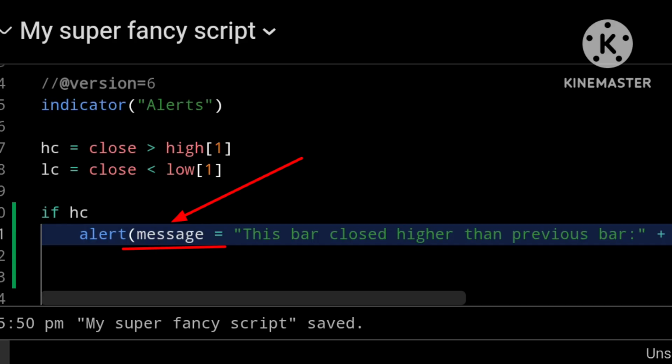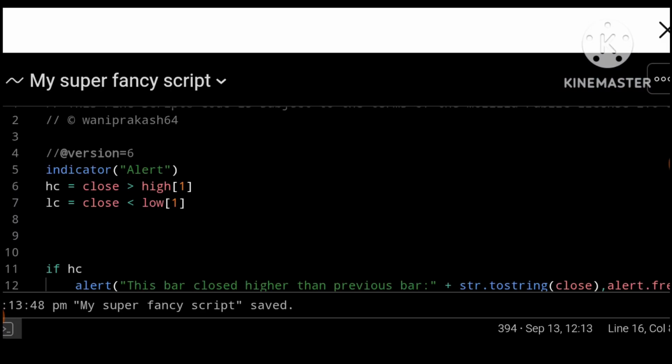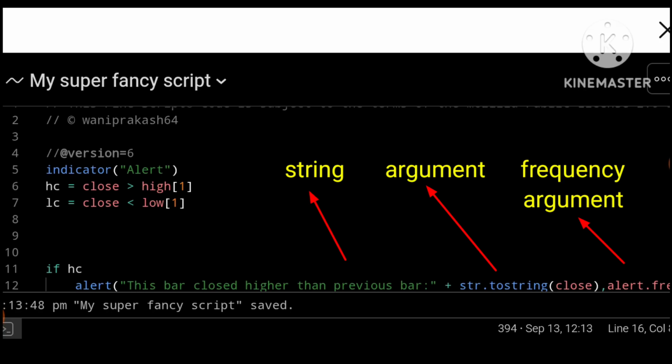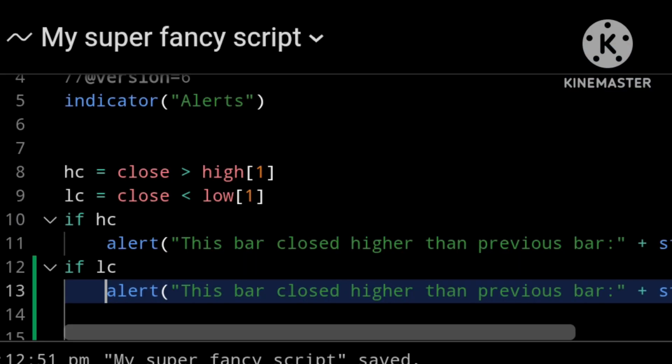The function will assume that the first parameter you give it is a string, so we could get rid of message equals, and it will also assume that the next parameter will be the alert frequency, so we can get rid of that. So we have our alert function triggering with a string argument and a frequency argument only on higher close bars. We could do the same for lower close.